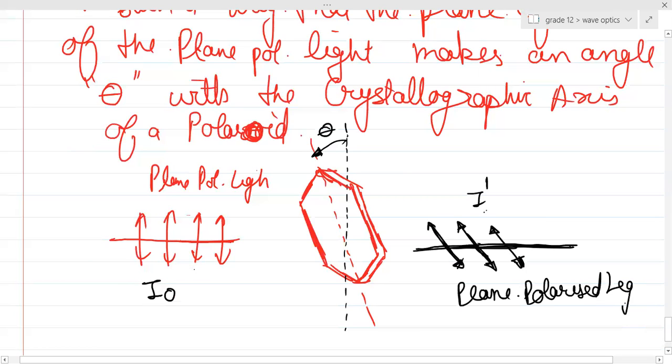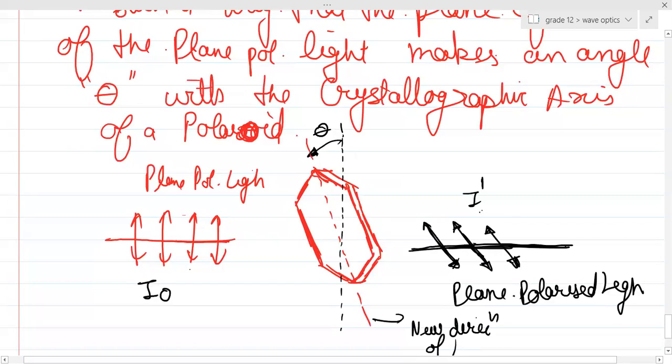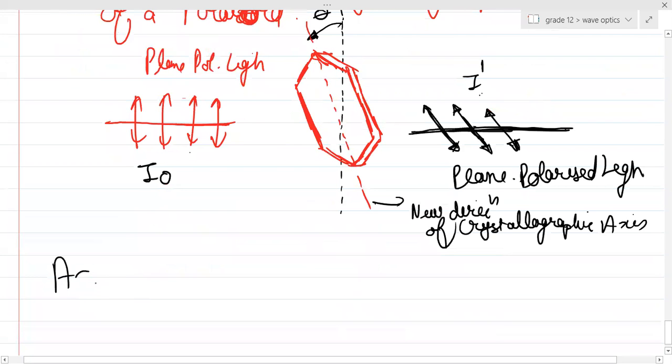If a plane polarized light is passed through a Polaroid in such a way that the plane of vibration makes an angle theta with the crystallographic axis, then the emergent light will also be plane polarized, but the plane will be restricted only along the crystallographic axis direction, right? So if this was the new direction of the crystallographic axis, then this plane of vibration will be along the same thing, and the intensity is I dash. Then according to the law of Malus,